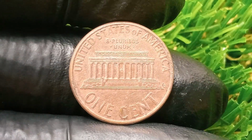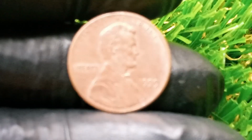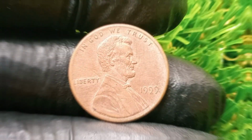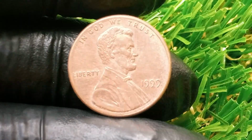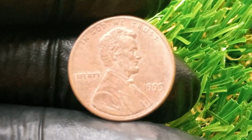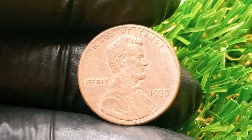of missteps, an accidental masterpiece that came into existence when technology, human oversight, metal composition, and timing aligned in a way so rare that experts across the globe still debate how such a coin could have been produced under the modern, highly regulated minting standards of the late 20th century. To understand its value, we first need to understand